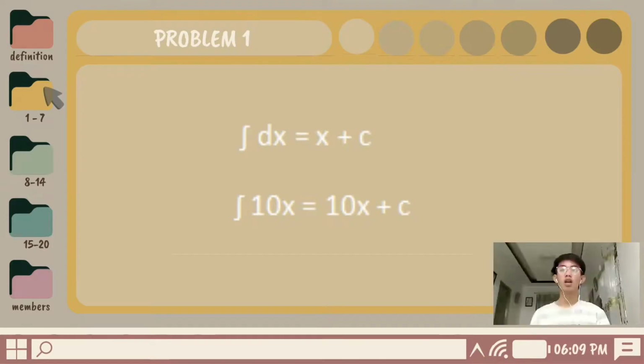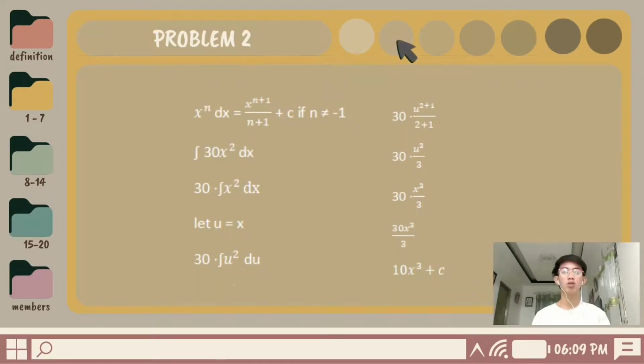Since you have already learned the meaning of the lesson, let us now show you examples of antiderivative. Equation 1. Integral of dx equals x plus c. A simple example is the integral of 10x dx, which is equal to 10x plus c, since we only need the constant plus the arbitrary variable c. In equation 2, integral of x raised to n dx is equal to x raised to n plus 1 over n plus 1 plus c,